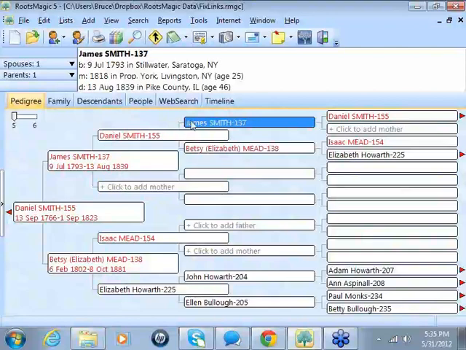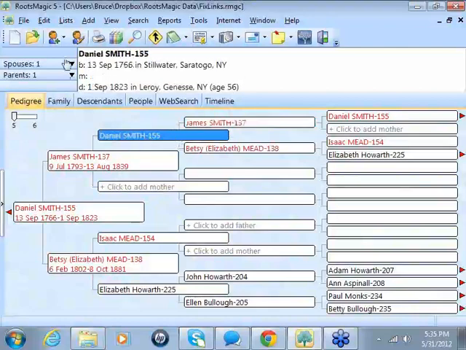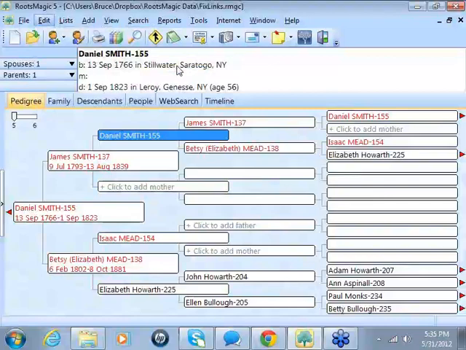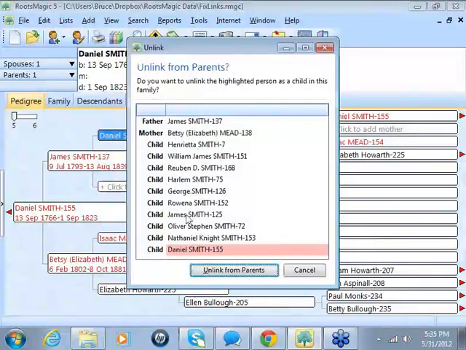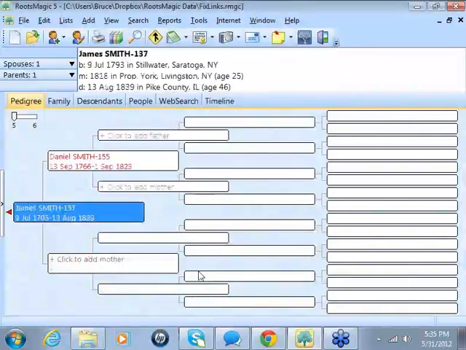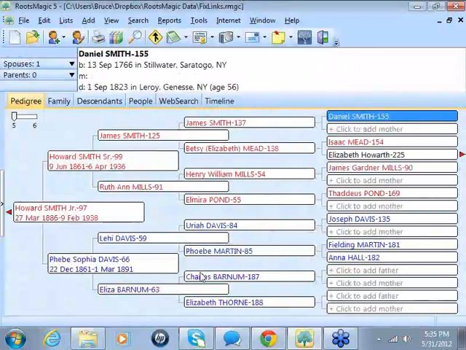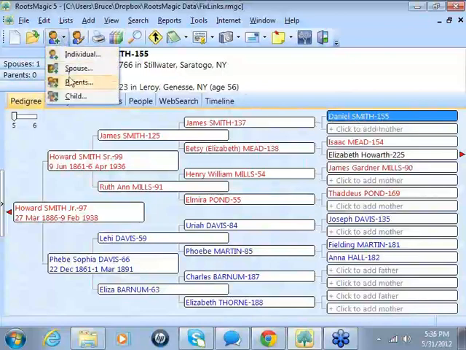All I have to do is select Daniel Smith, go up to Edit, and choose Unlink from Parents, because I want to unlink Daniel from James and Betsy, the parents. It's going to ask, are you sure you want to unlink it? I say yes. And now I'm back to James, Daniel, and it ends. Now, if I happen to have Daniel's real parents, I can select Daniel here, go up and say Add Parents, and then choose the existing parents if they have already been entered,